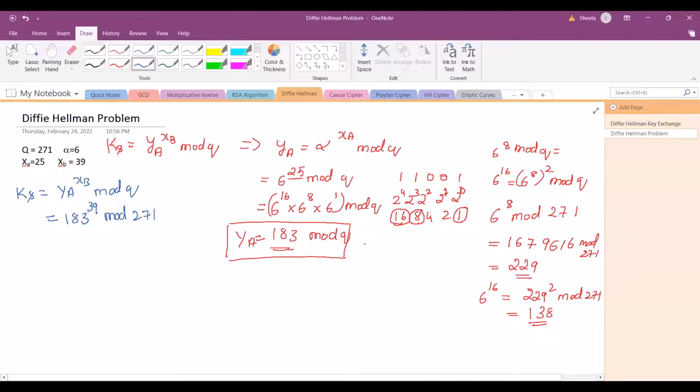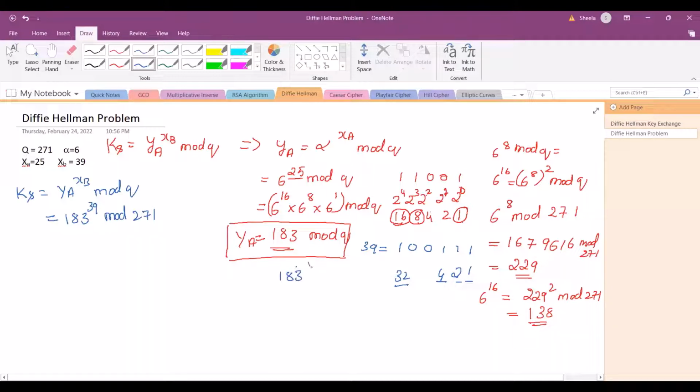For the binary equivalent of 39, using the calculator, we get 1 0 0 1 1 1. This is nothing but 2 raised to 0 is 1, 2 to the power of 1 is 2, and 2 raised to 2 is 4, 2 raised to 3 is 0, 2 raised to 4 is 0. That is, the positional values 8 and 16 are multiplied with 0, and 32 is 1. Okay, so now we have to find out the value of